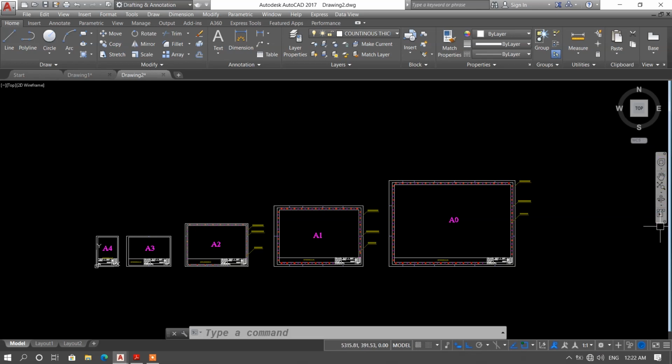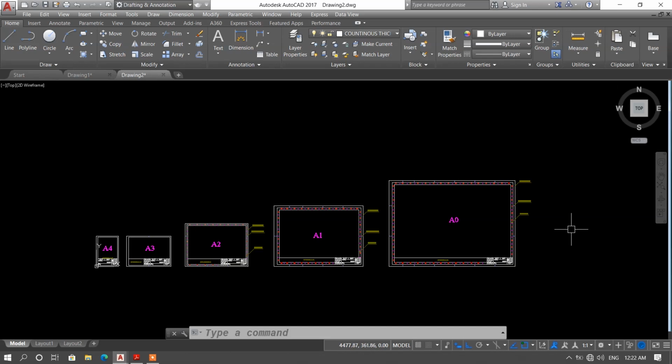This is a navigation bar. This is a view cube. Now the plus sign on the screen is known as a crosshair or crosshead, and finally the black screen is known as a graphical window or a drawing window of AutoCAD.